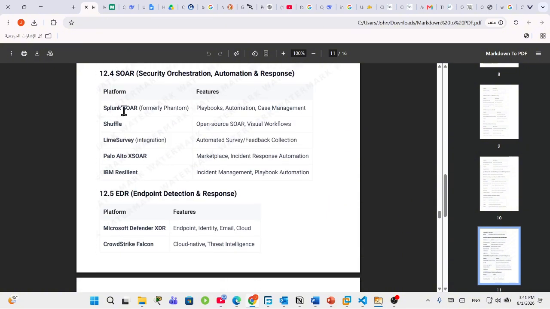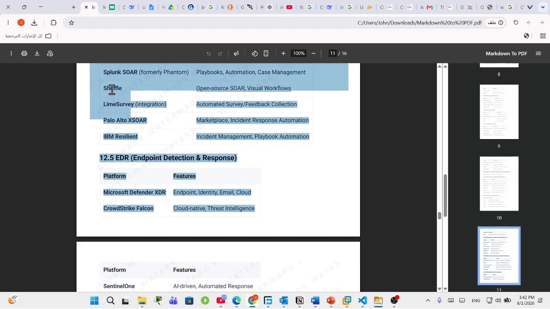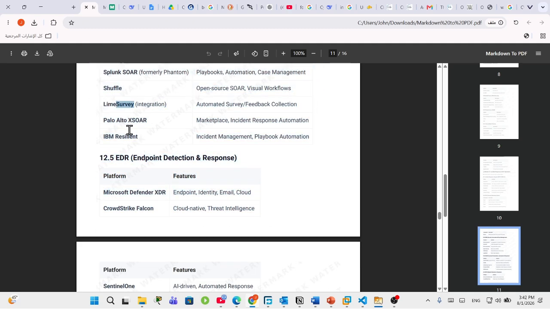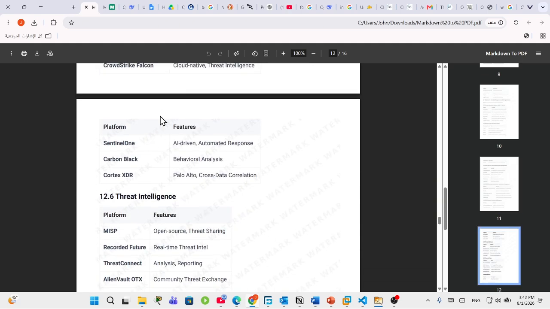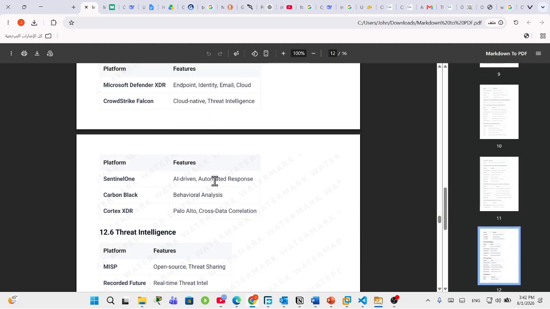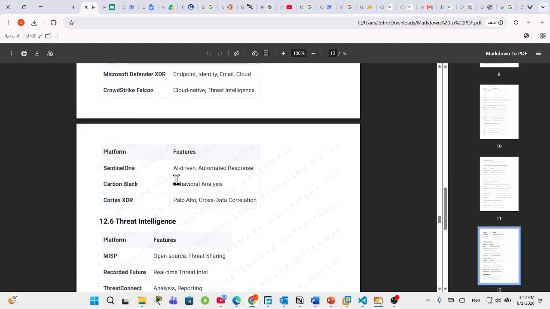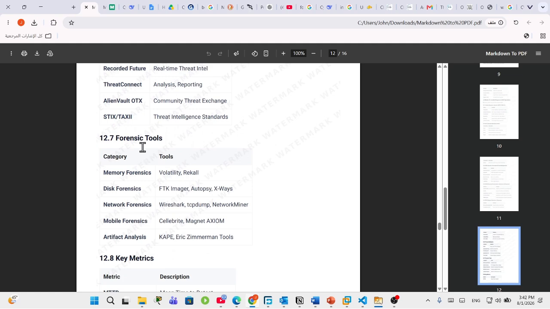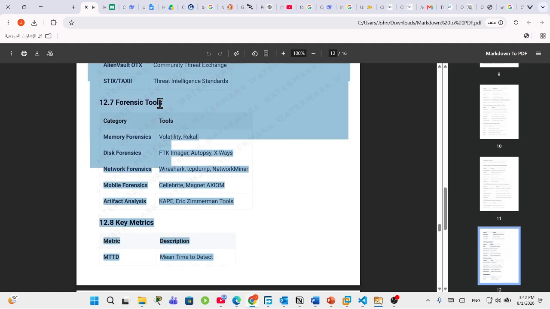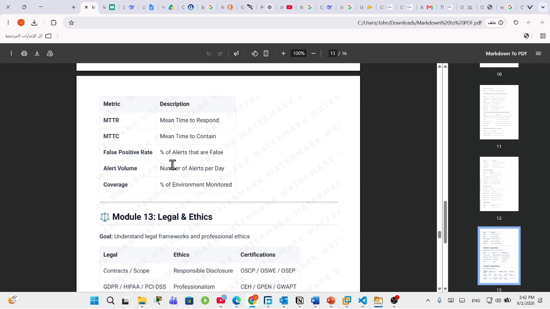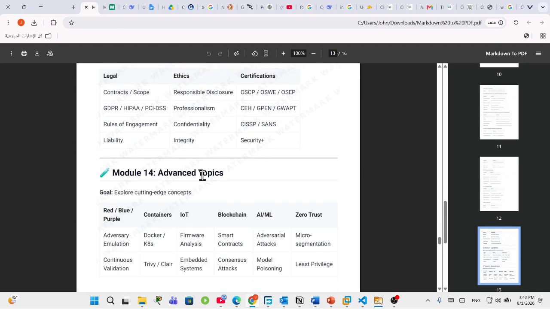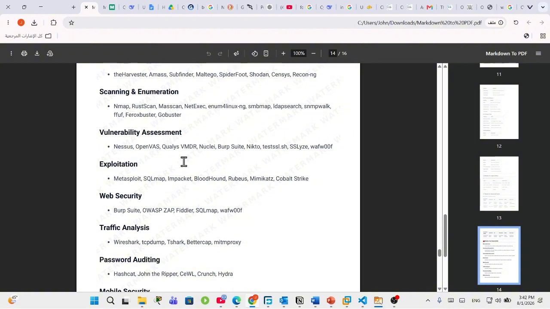We're going to actually use Splunk, okay, Shuffle for SOAR, and LimaCharlie, which is a free EDR actually. And some tools which are paid, actually we're not going to use, like CrowdStrike and stuff. We're just going to talk about them so we know they're there, but we're not going to use them. We're going to use only open source tools mostly, and we'll talk about forensic tools, and we'll talk about legal ethics. If we have time, we'll add more